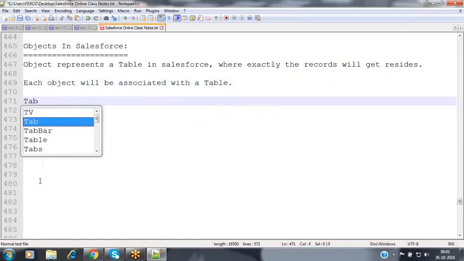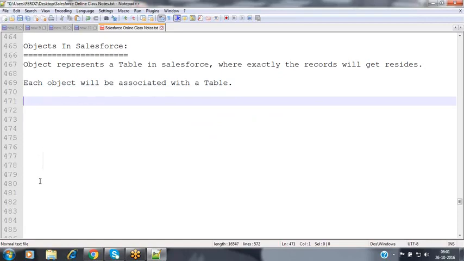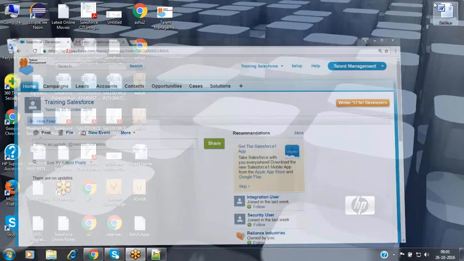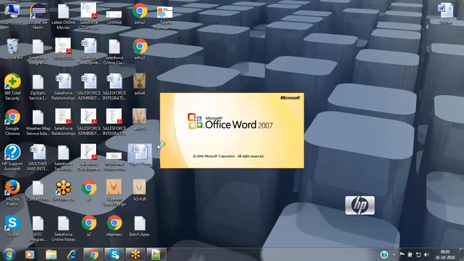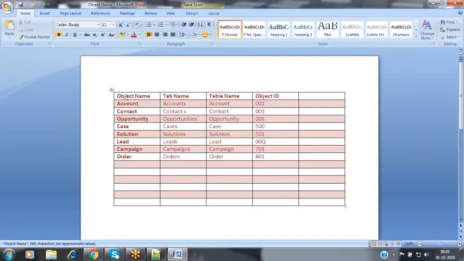The object name and the table name will both be exactly the same, as we discussed in the previous session when talking about object names. We have objects like account, contact, opportunity, case, solution, lead, campaign, and others. Many objects are available in Salesforce.